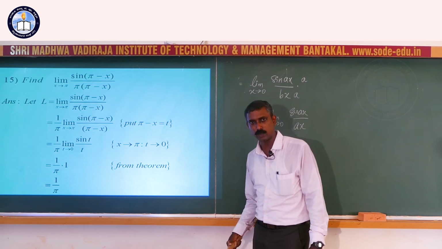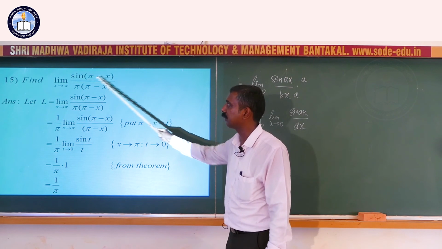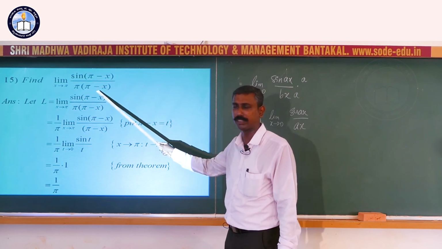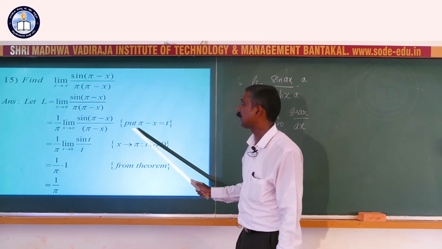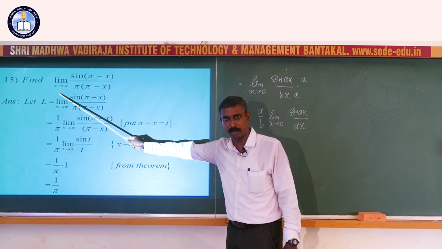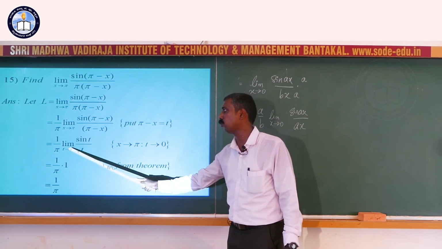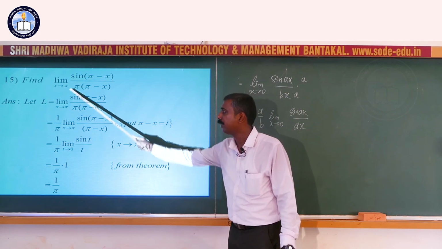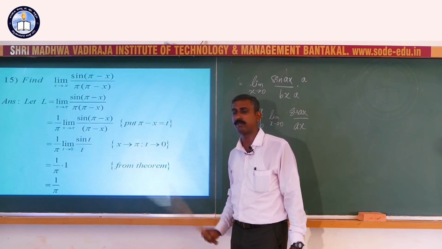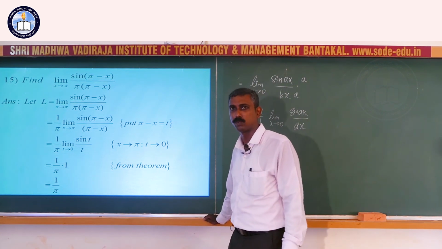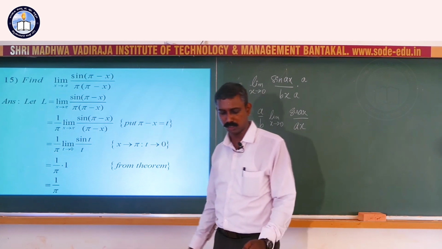So, let us go through this once again. Sine of pi minus x by pi minus x: sine of something is there, and that same angle should be there in the denominator to apply the limit. So, I have taken pi minus x equal to t, as x tends to pi in the problem. So, x tends to pi, pi minus pi, where t goes to 0. So, you have limit t goes to 0 of sin t by t. From the theorem it will be 1, and this is what we see, how easily we can solve the problem using those theorems.